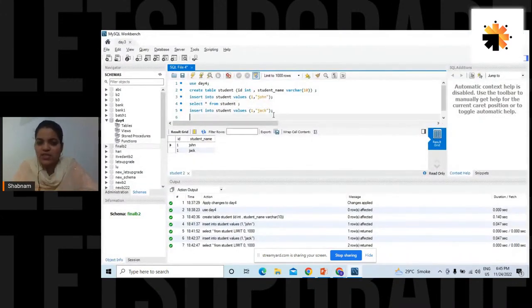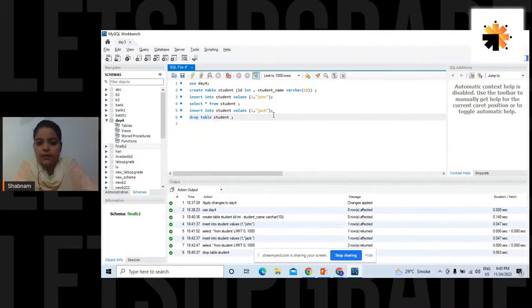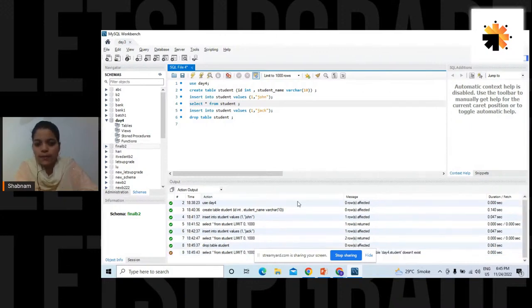Although I can alter this table, as of now, I delete it. I said drop student. Okay, drop table. This is the same mistake we were making yesterday also. We were forgetting this keyword table, which is a part of the syntax. All right. So drop table student. This table exists no more. If you try to do select star from student now, it says sorry, the table does not exist. Correct? The table does not exist. This is what it says.